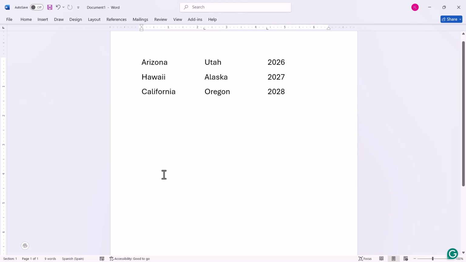And that's it! A quick and easy way to delete a table without losing your text in a Microsoft Word